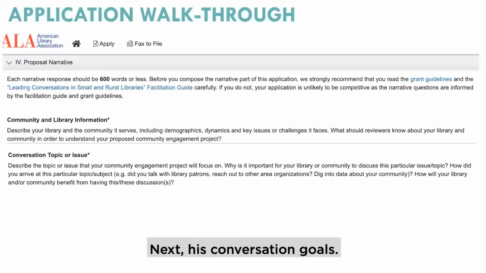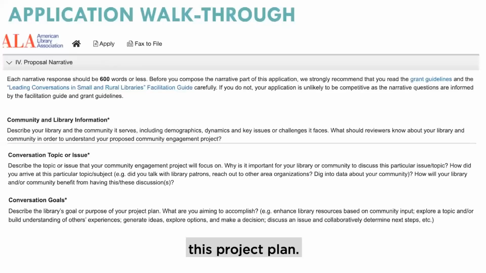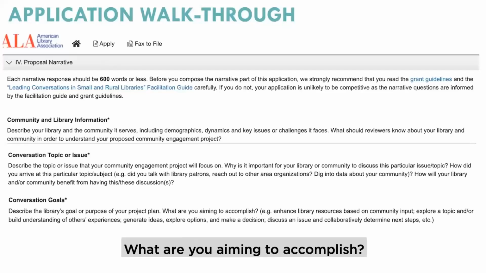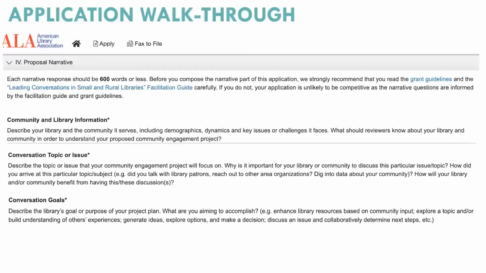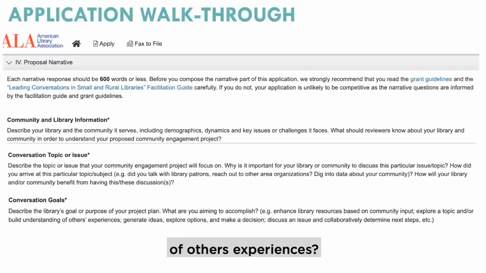Next is conversation goals. So describe your library's goal or purpose for this project plan. What are you aiming to accomplish? For instance, are you hoping to enhance library resources based on community input? Do you want to explore a topic or build understanding of others' experiences?